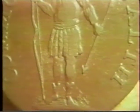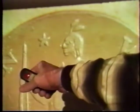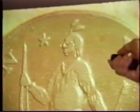When I start describing things in the write-up, I talk about the star, and that's usually what I key on first. This is what I always look for first. On the star, this is the only variety of 87 where the star is pretty well balanced on both feet. If you think of the star as a man with his feet spread apart and his arms outstretched, you'll find some of them that are balanced with the right leg lower, some with the left leg lower, and that will cause a line at the top of the arms to intersect the Indian's head in different places. So this is the only...